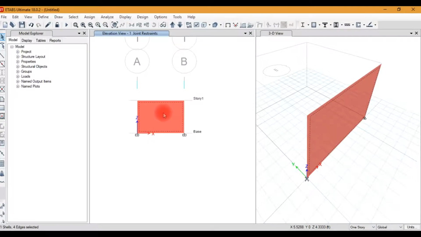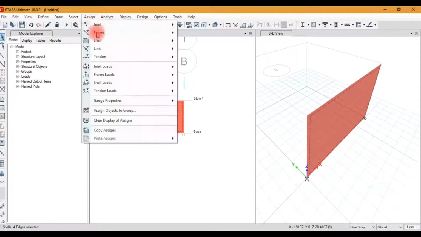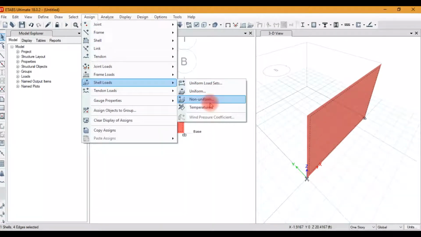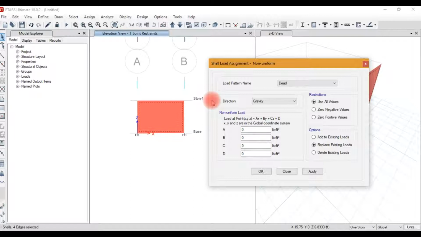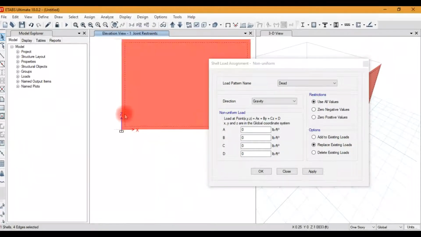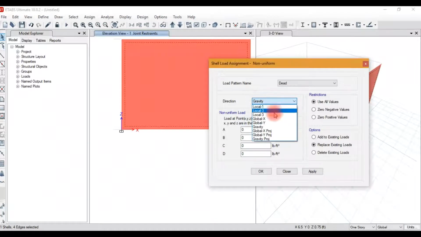The next step, assign the load, non-uniform load. We will apply the load in the y direction. This wall is drawn in the XZ plane, and load will be applied in the positive y direction. So we choose here global Y direction, and load case is live load.